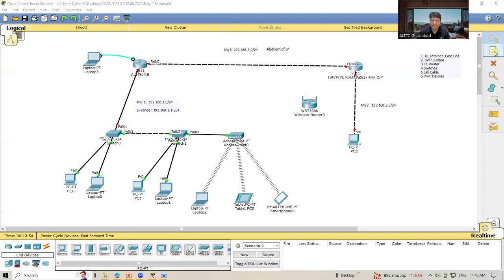So first, planning. Here the port number is FA0/1. This is port number 1, and you can make planning. And this is the part of network 1. So no doubt, IP address